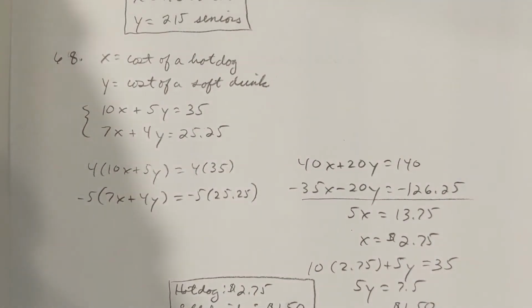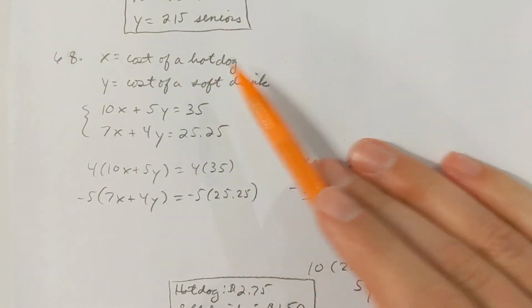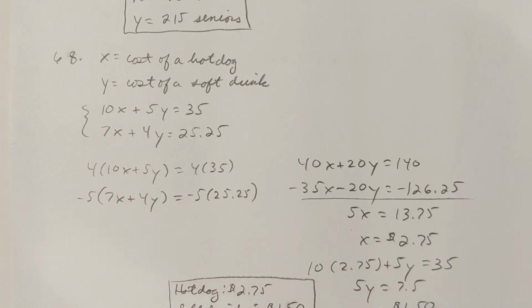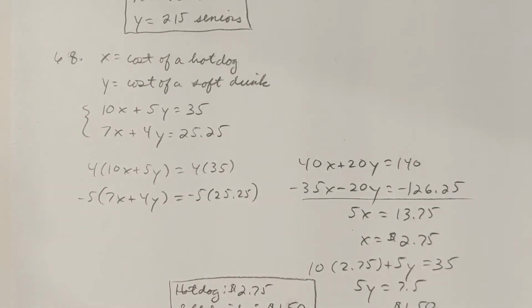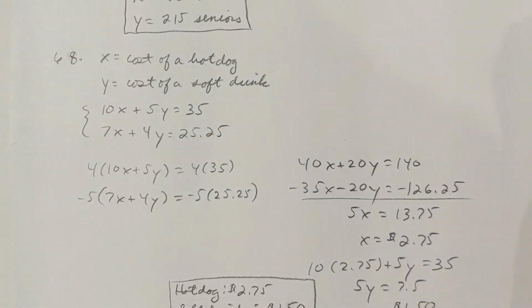Okay, now in these problems, obviously you want to identify what is x and what is y. So x is the cost of a hot dog and y is the cost of a soft drink. I've got these 2 groups being described here, so I'm going to have 2 equations, one representing each group. In the first group, they had